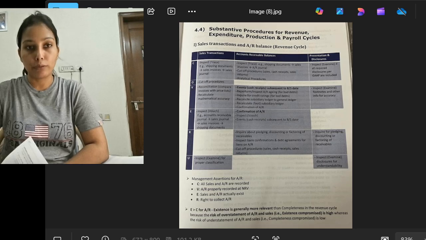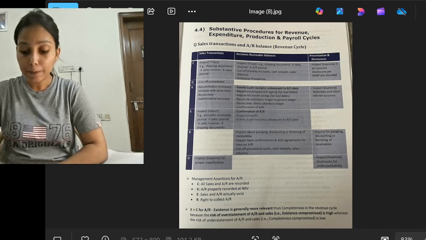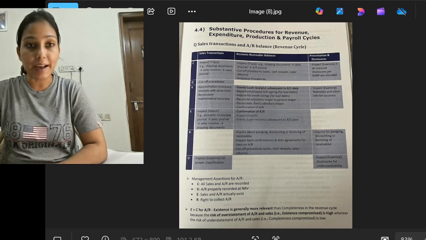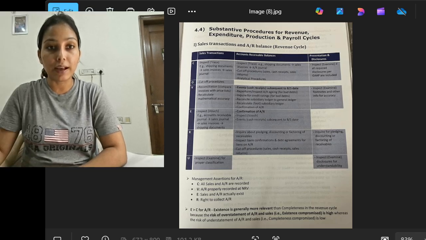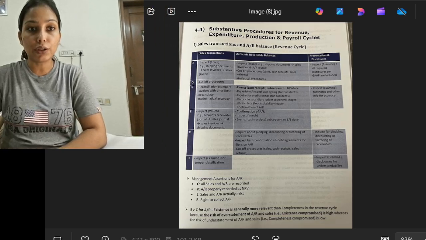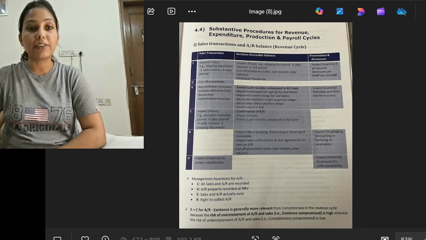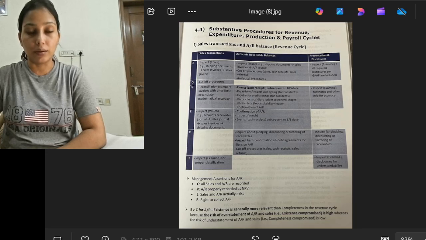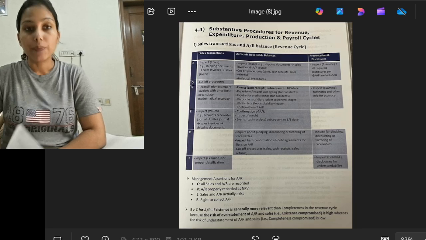Then the inspection of the bank confirmation and date agreements from the lenders on the AR is done, and the cutoff procedure is performed. For the presentation and disclosures of the sales and AR, inspection is required as per the generally accepted accounting principles. After that, we identify and ensure that the proper, accurate footnote has been mentioned or not. If there is any placing, discounting or factoring of receivables, we check whether the proper guidance is mentioned in the note and proper disclosure has been given or not.